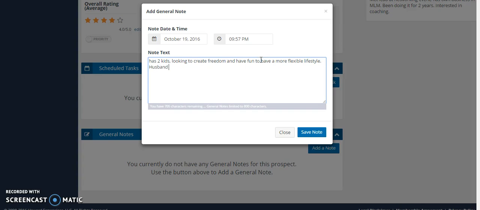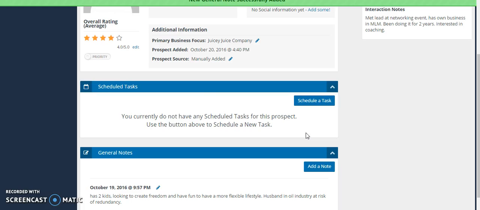Husband in oil industry, at risk of redundancy. So you can put whatever the notes is that this person has told you at the meeting or on the phone call to really get that information out there. Now this is a great thing to do because it really builds know, like and trust,